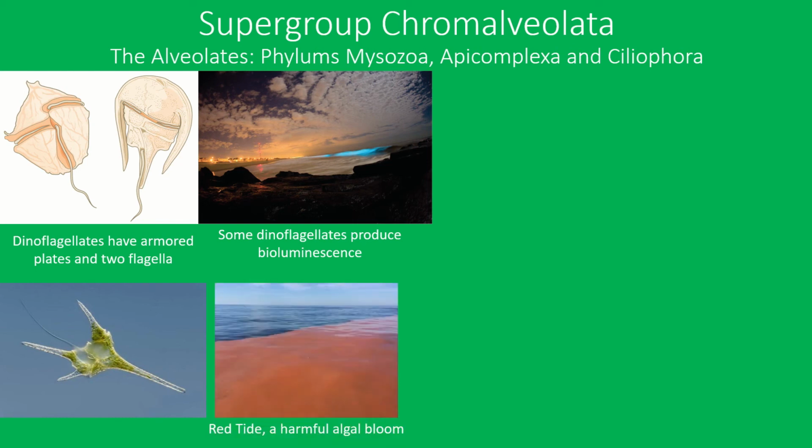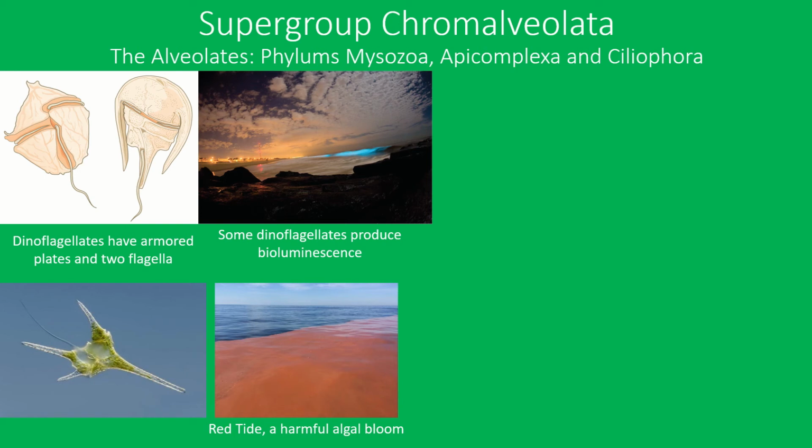Around 20 species of dinoflagellates cause algal blooms which color the water red. These red tides can be dangerous to many organisms as they secrete a toxin that can cause asphyxiation. One species in particular can cause paralytic shellfish poisoning, whereby a person eats affected oysters and clams, thereby poisoning the